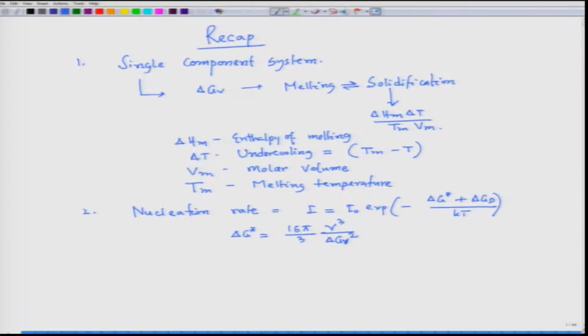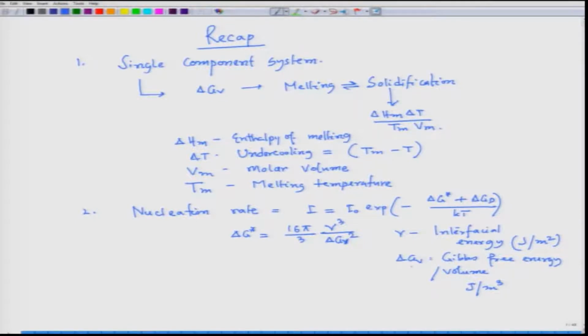Square, where gamma is the interfacial energy, which is joule per meter square. Delta GV is Gibbs free energy per unit volume, so that means joule per meter cube. So, this del GV is Gibbs free energy per unit volume,